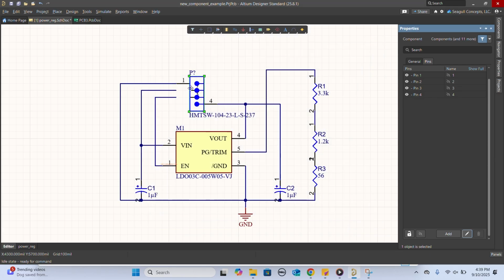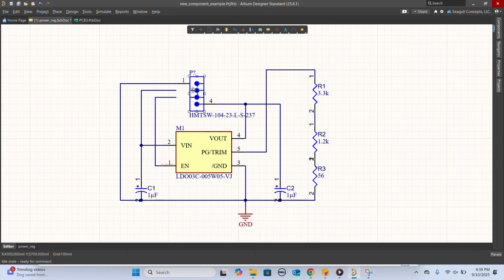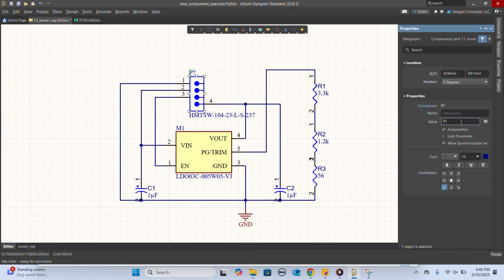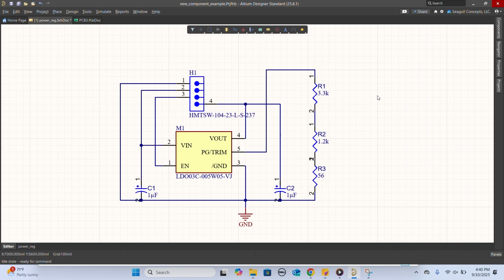In the component pin editor, you can change the rotation pretty easily. Again, you can see we're doing that with pin number 2, and the same with pin number 3. Over here, you can see pin number 4 is easily readable because it's connected over to the other side, over by C2. And once that's done,